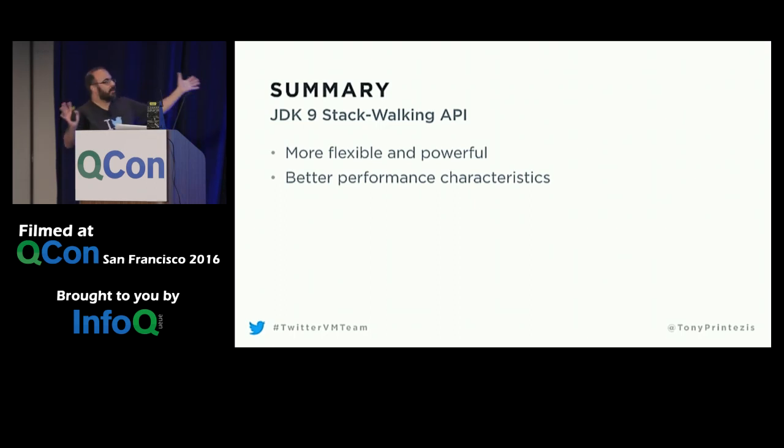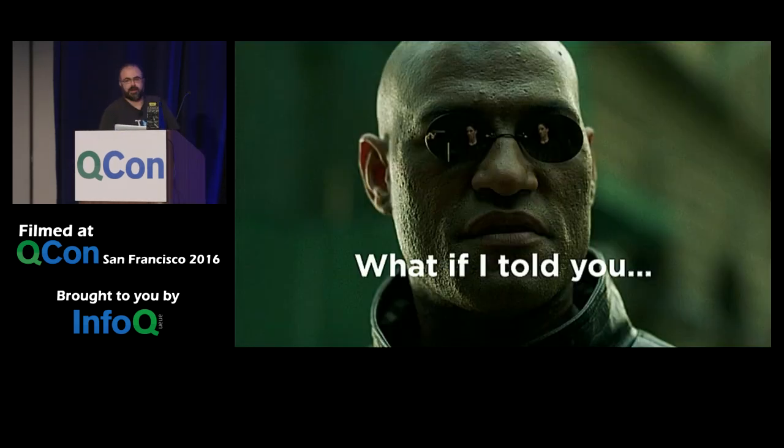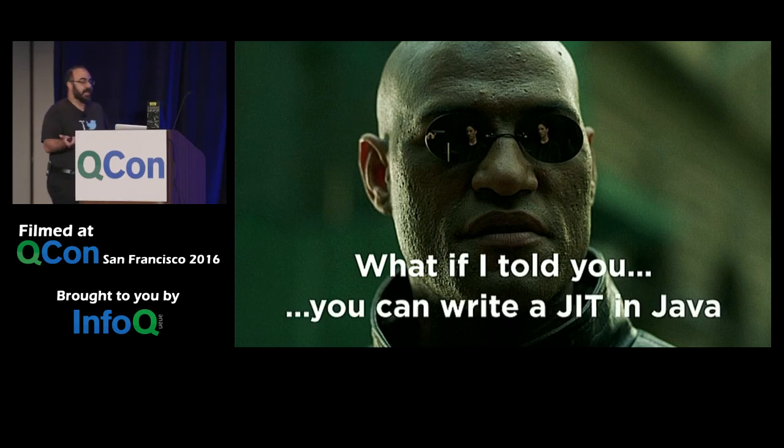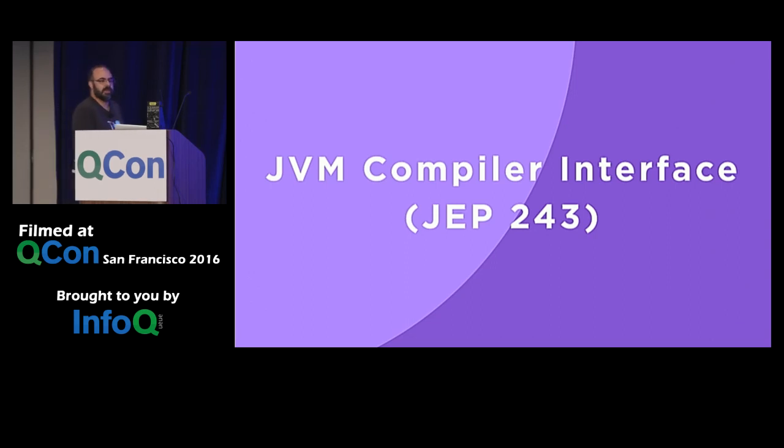All right, so I covered the 3 main topics, and we'll have a bonus topic that I will cover last that I think is very cool. So, using the immortal words of Morpheus: what if I told you you can write a just-in-time compiler in Java? And this is exactly what you can do with the new JVMCI, the Java JVM compiler interface. And by compiler, we're talking about the JIT that translates bytecodes into machine code while the VM is running, not javac, right? This is very cool. Everybody's looking perplexed, or have you seen this before? Okay, people are looking perplexed, all right.